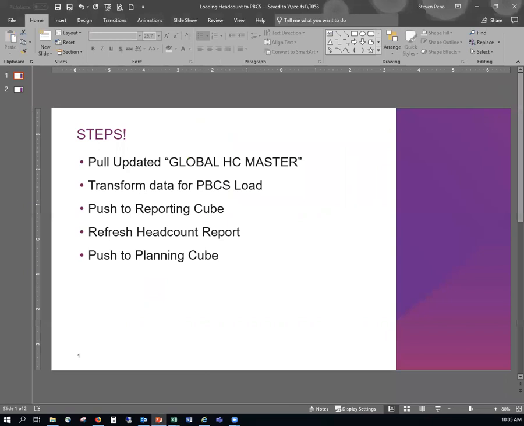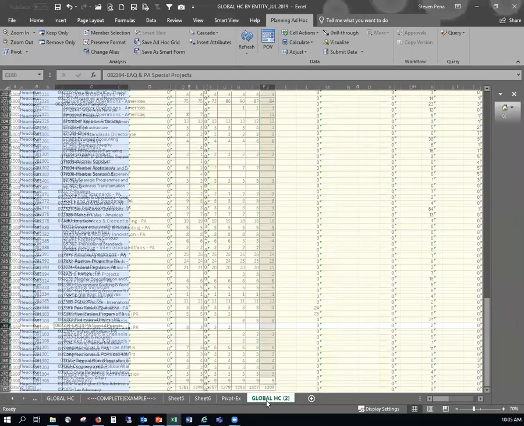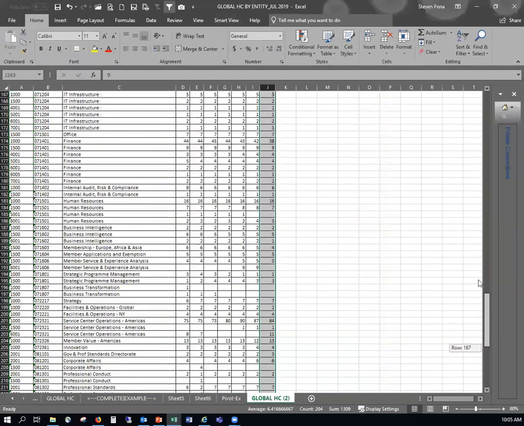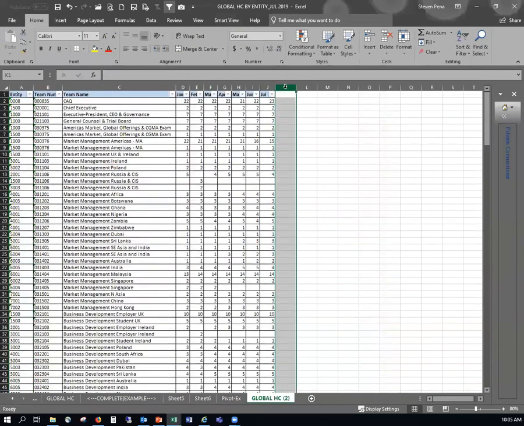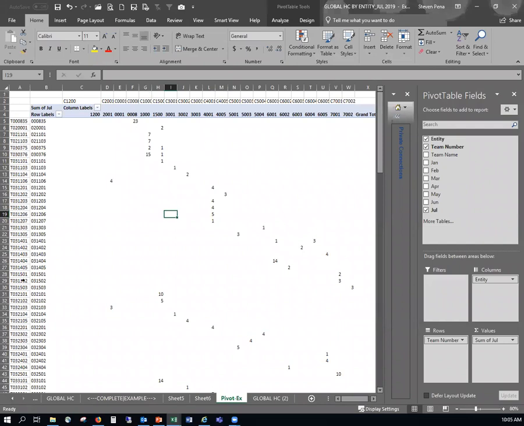Let me go back to the slides here. So we pulled the headcount master. So I'll go back through the steps really quick. So we went to SharePoint, finance, payroll, headcount report, pulled this down. The next month we'll have another row or column with August. We pivoted on it, added the right labels to them,